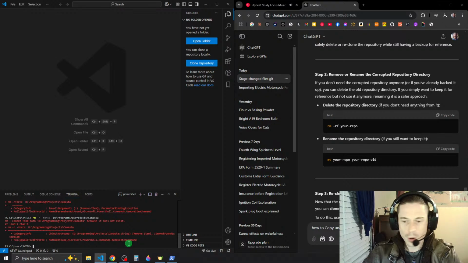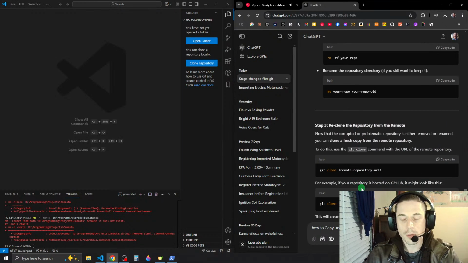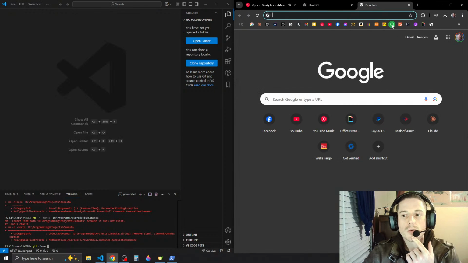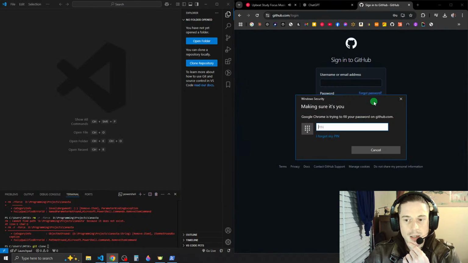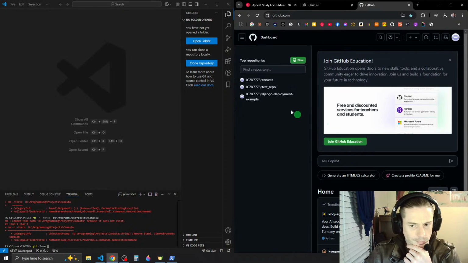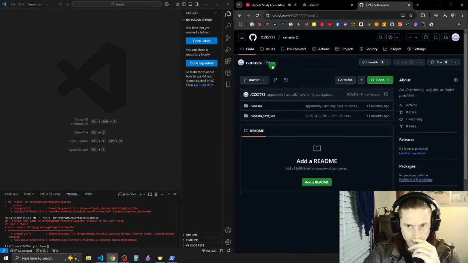Okay, so now we can clone or reclone the repository from the remote. So we're going to use this handy dandy git command, git clone, and we have to get the remote ID. So we're gonna go to GitHub, sign in using my email address, go to a repo.